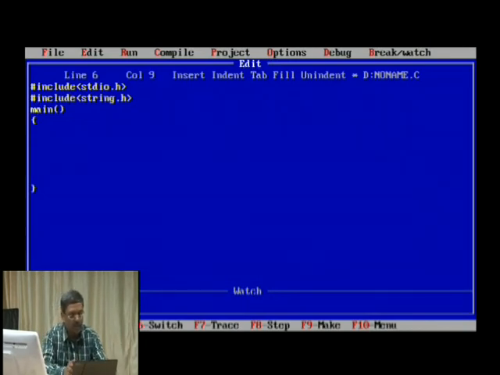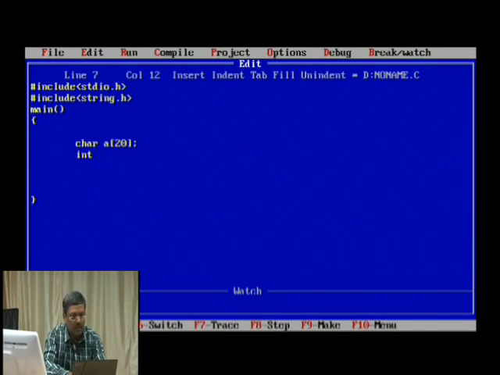So first of all, what I need is to store a string, so I need a character data type and an array. How to define it? A is the array I am considering, and I can specify the size. That means it can take a maximum of 20 characters. Then I need to have the length.